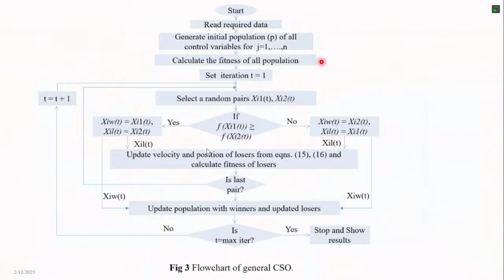And this process will be carried out until we have reached our last pair. The moment we have reached the last pair, then we have to check whether our iteration has reached its maximum value or tolerance. Here, if we set this tolerance criterion or iteration criterion, based on that we will check whether it has reached the maximum value or not. If reached, we will stop and display our best combination.